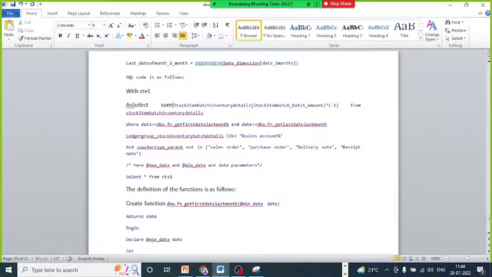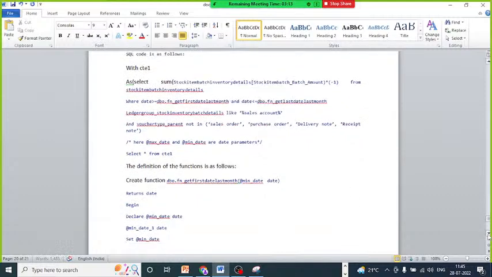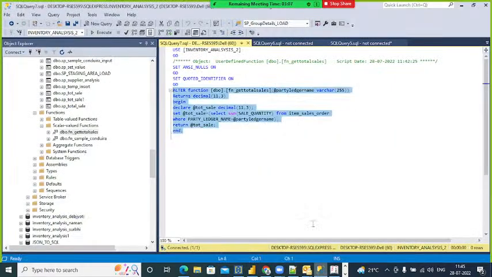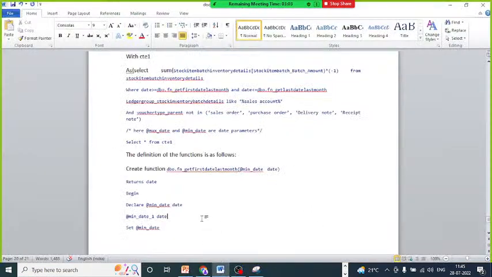Set at min underscore date. इसमें ऐसे कर लेते हैं बेटा, at min underscore date underscore 1 as date. ठीक है? अच्छा मैं सेमीकोलन लगाना भूल गया, सॉरी बेटा।